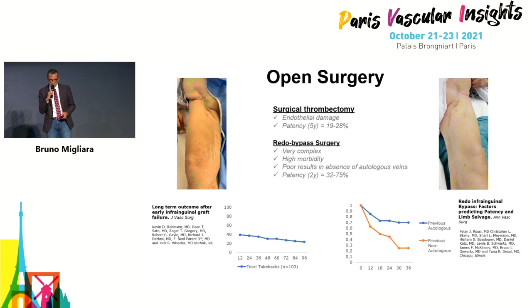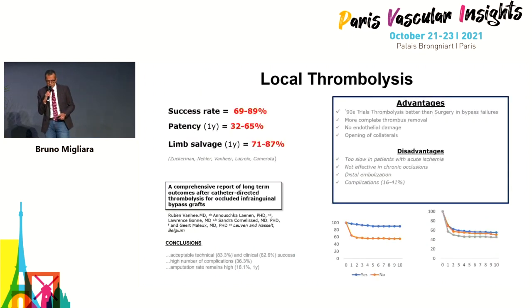And also in case of the absence of the autologous vein, the follow-up and the result are really poor. Therefore, local thrombolysis has become an alternative treatment for this patient, but we know the complications of thrombolysis,